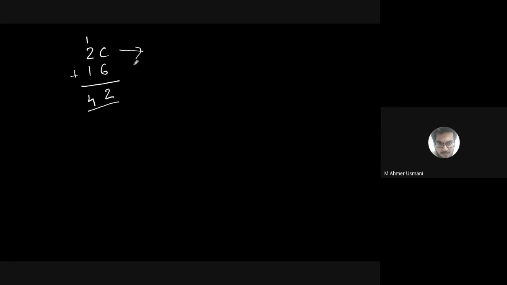Get the same answer using binary. कैसे आएगा? How to write 2 in hexadecimal? So in octal we were making a combination of 3 bits. Over here we'll make a combination where each digit is represented by 4 bits. So how to represent 2 in 4 bits? 0010. How to represent C? C is nothing but 12. So it is 1100.